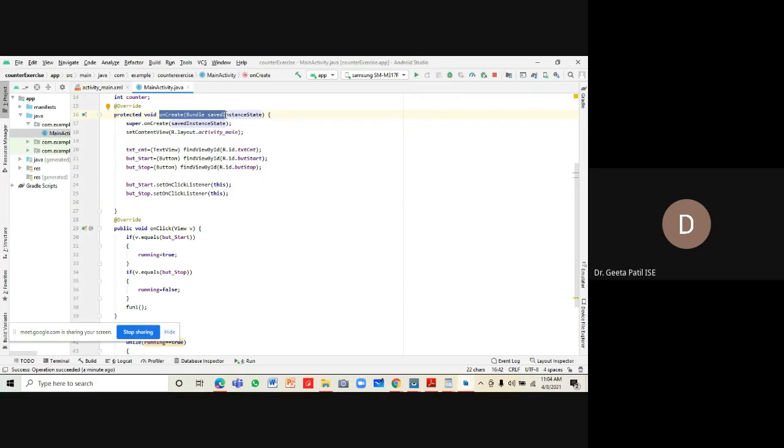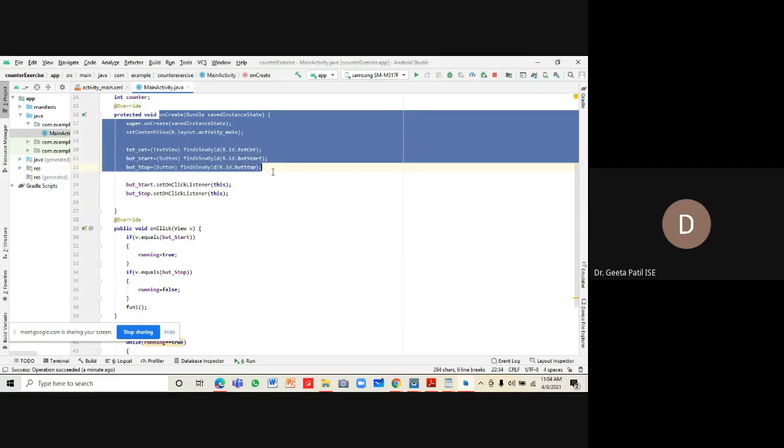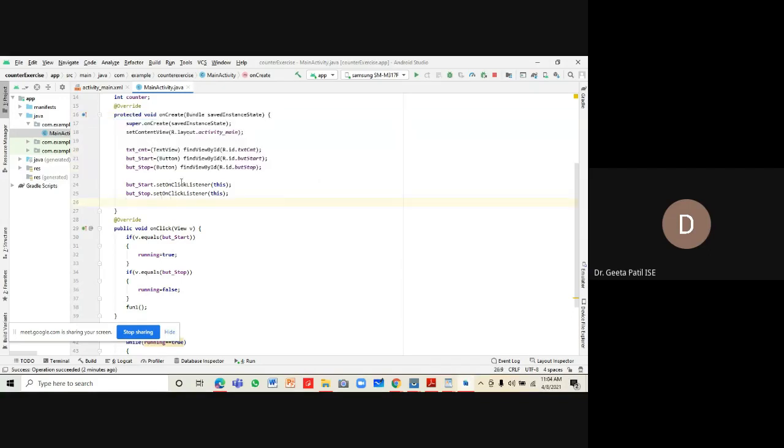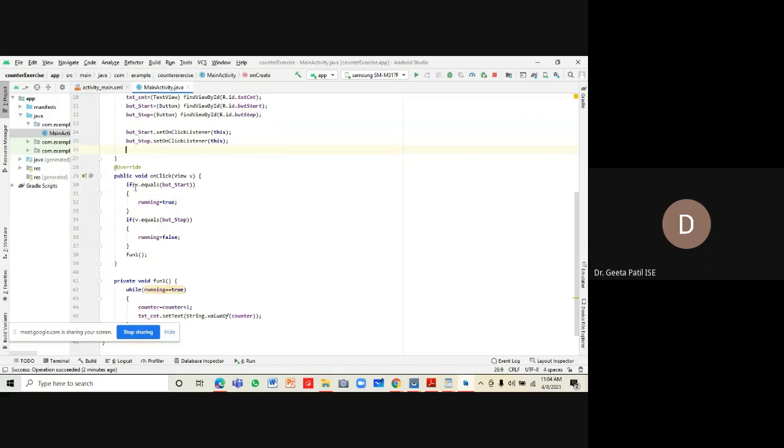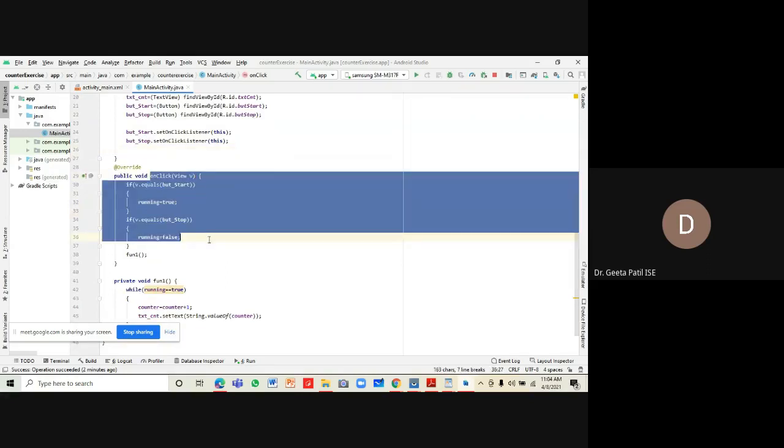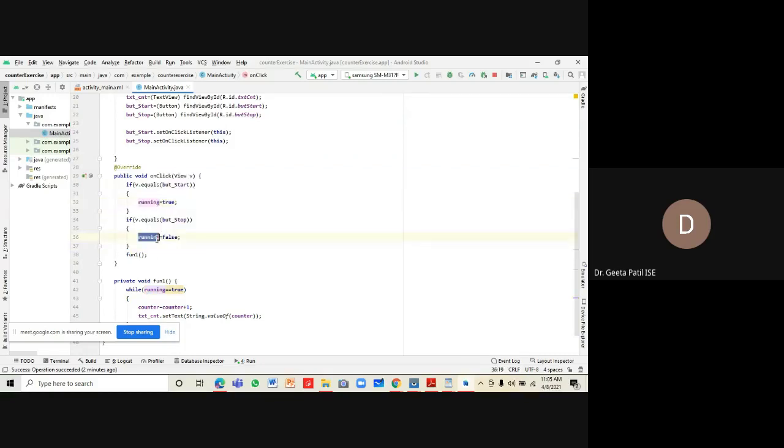In that UI thread we have the onCreate function. Creation happens, linking happens, then you have called the onClick method over here. It checks and sets the value of running and it calls the function fun1.